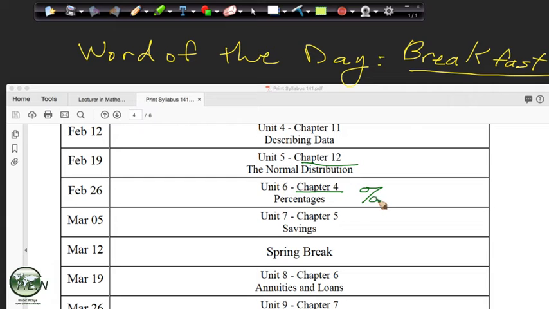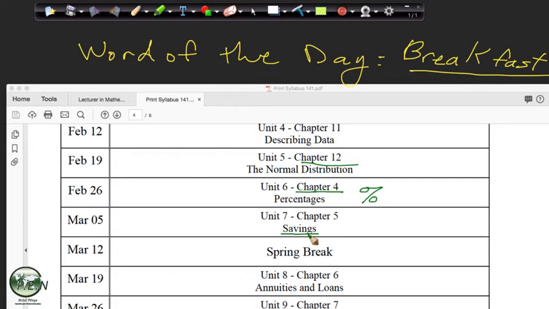If you watched any of the videos of me working problems from chapter 8, which was probability, you would have really gotten a good feel for percentages as well, because I took every fraction, turned it to a decimal, turned it to a percent. So hopefully this will be a nice refreshing chapter, tying you back into what we did with 8. And if you struggled with 8, maybe after today you could go back and you might find 8 easier as well.